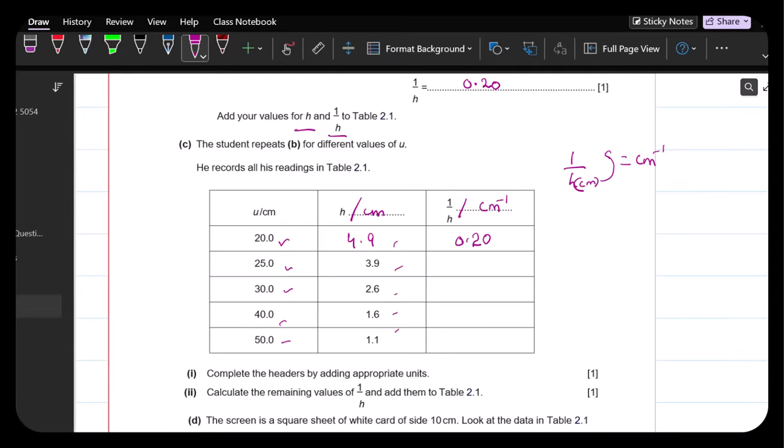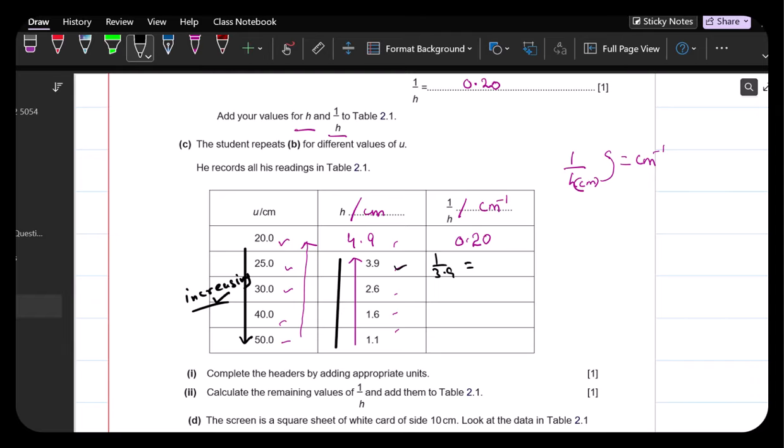As the value of h is increasing, you can see the distance of object is decreasing. Or in other words, as the distance of object is decreasing, the value of height is increasing. If this is increasing, the other is decreasing. Anyhow, this is just your comparison. Now we have to calculate all these values, 1 over